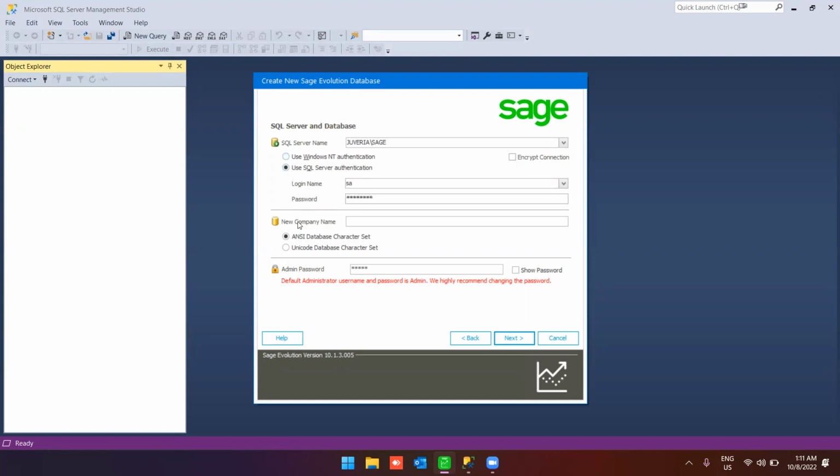Okay, and we need to give our new company name, whichever company we want to create. We can give the company name here as Company ABC, let's say, for example. For the rest of the things, such as the admin password, you can leave it as it is, or if you want to change the password, you can change it here, or at a later stage as well. Then by clicking on next, you'll see,